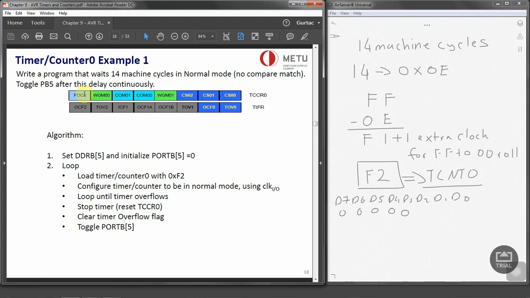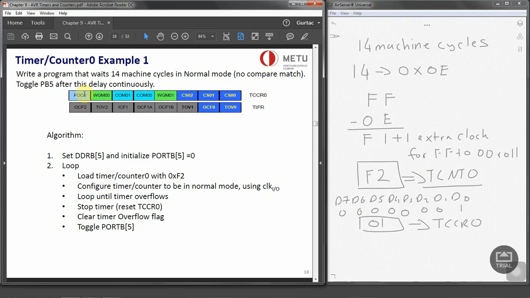So that means we don't need any prescaling or anything like that. That means we have to set it to 0, 0, 1 in this case. So when we set it to 0, 0, 1, that means this is going to be 0x01 as the register value that we need to load to